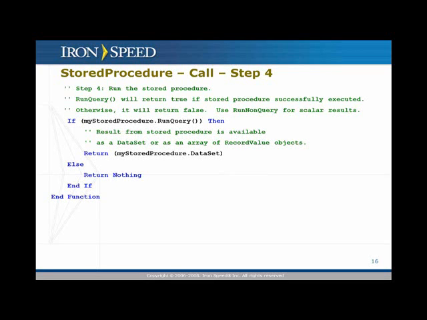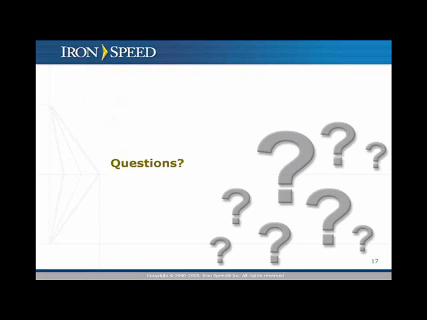If it was, all of the values returned by the stored procedure are in a variable called dataset, and all I do is return my stored procedure.dataset, which is then bound to the data source of the grid view I showed earlier. That's how easy it is to call a stored procedure and return the dataset values, and that's pretty much it for specifying and calling a stored procedure. So with that,